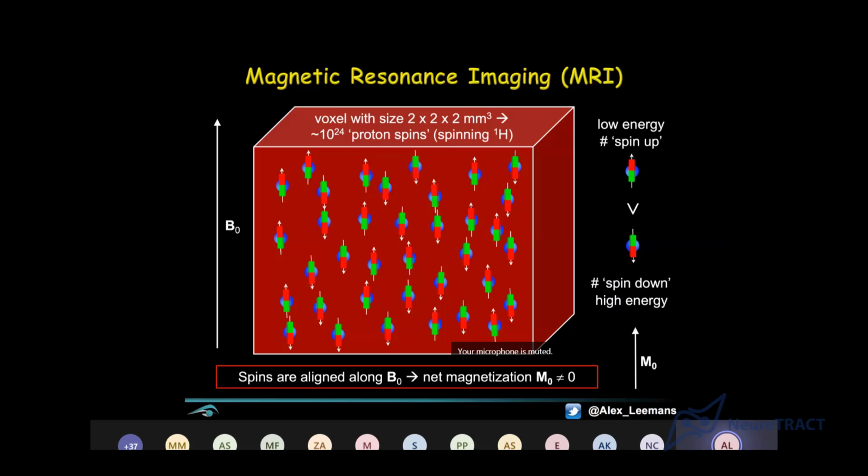And so what happens in practice then? Okay, so you're in the scanner. You're lying in your big magnet. Your body becomes magnetized. So the M0 is different from 0. If you then send in radio frequency at the Larmor frequency, with exactly that rate, then what happens is that you get switches in energy state, causing your net magnetization